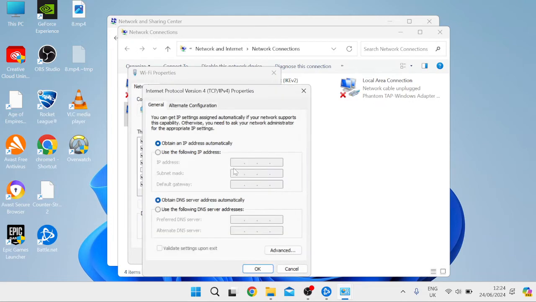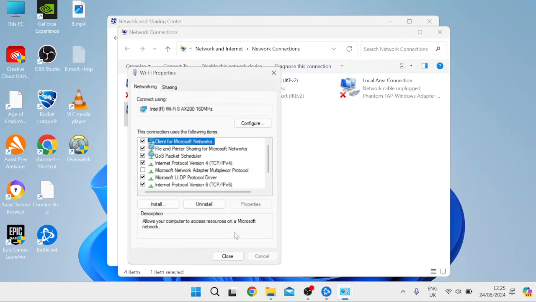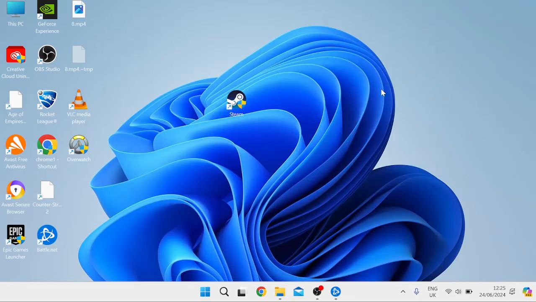Select that and come into properties, and we're going to change this from obtain DNS server addresses automatically to use the following DNS server addresses. And inside of here we're just going to type in 8.8.8.8 and 8.8.4.4. And now this is going to connect to Google's free public DNS server addresses, which should improve your connection and improve overall download speeds. Just hit OK and close out of these windows, and the next thing we're going to do